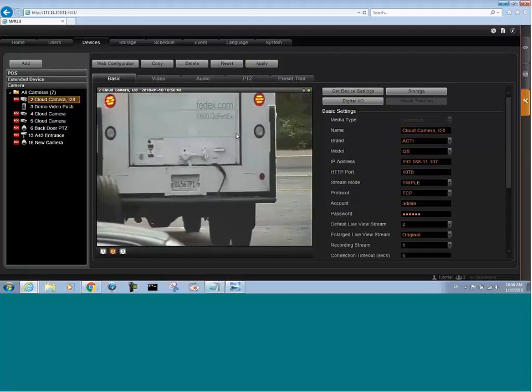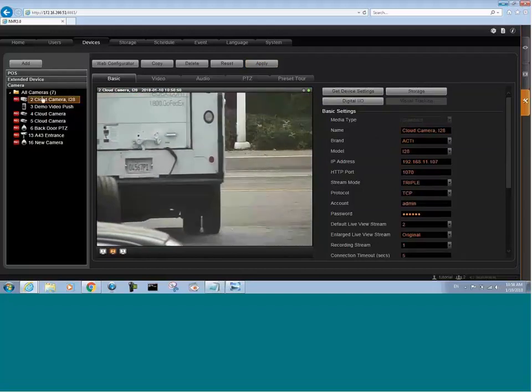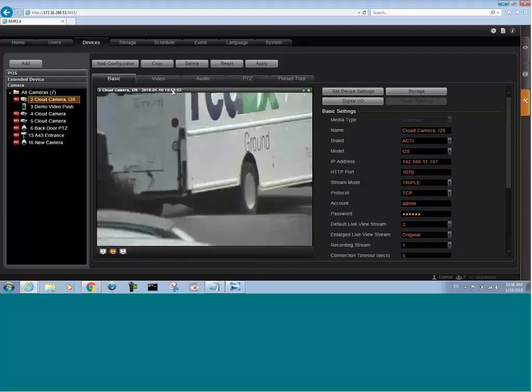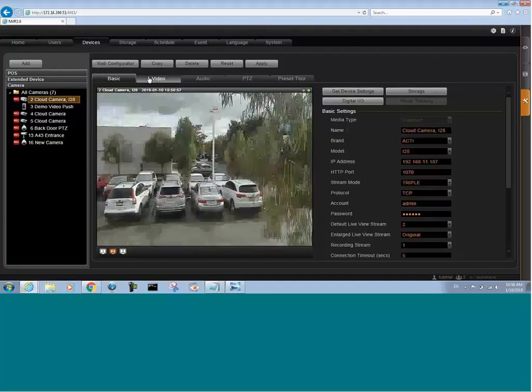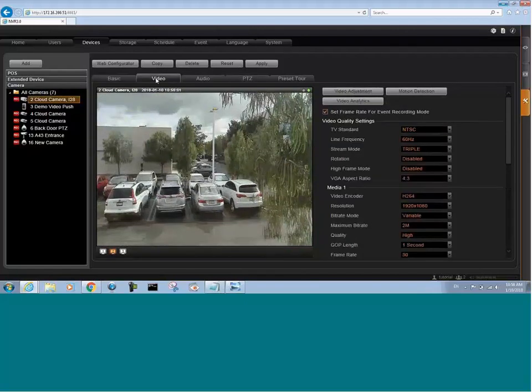Okay, so that's how you can add your cameras. Once you have your cameras added in, this is essentially what you're going to see. There's the Basic tab, Video tab, etc. So if you need to adjust any of the camera settings, you can come into Video here, click on